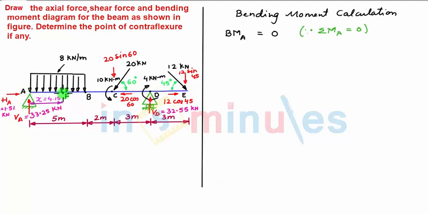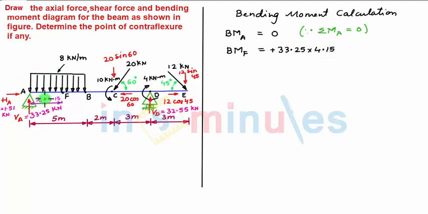Now as we have already discussed, the positive bending moment will be maximum at point F. So we have bending moment at F equal to, by considering the left hand side of the section, a clockwise moment caused due to the vertical support reaction VA of magnitude 33.25 kN, acting at a distance of 4.15 meter from point F. So we have plus 33.25 multiplied by 4.15.